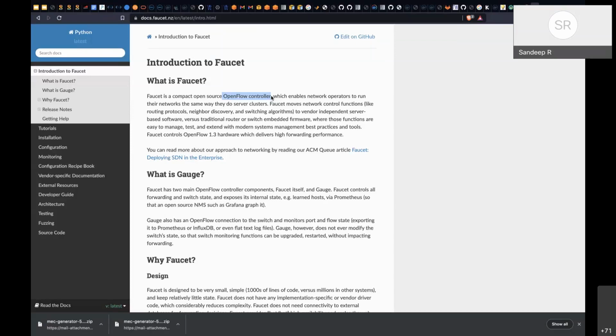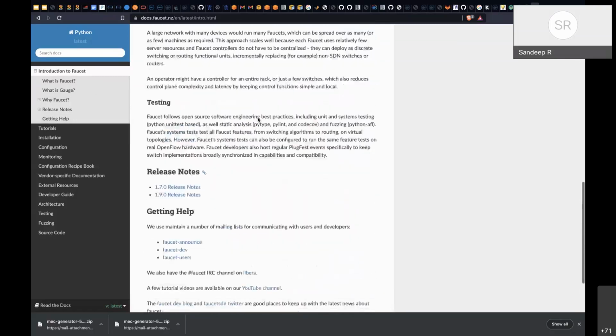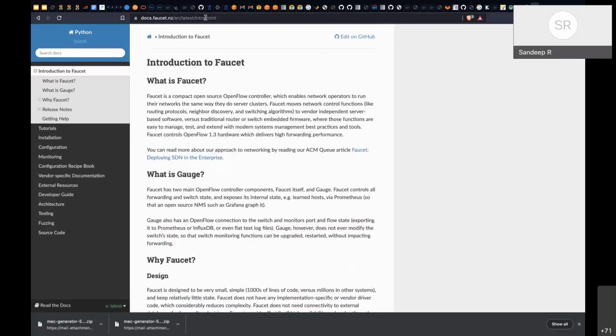You can program it through the controller itself. They have something called northbound and southbound interfaces and all that. This is what an SDN controller does. So the basic requirement is Faucet, which of course we need to build the NFV building blocks.